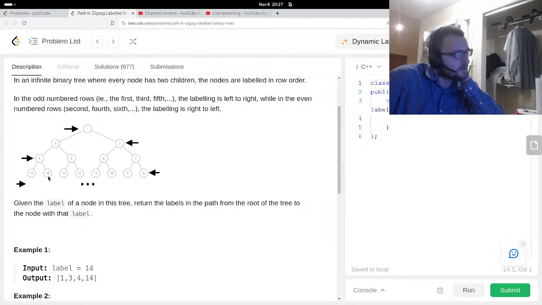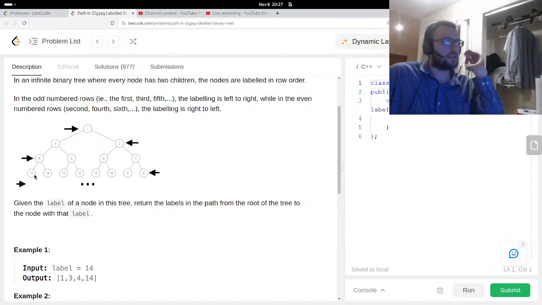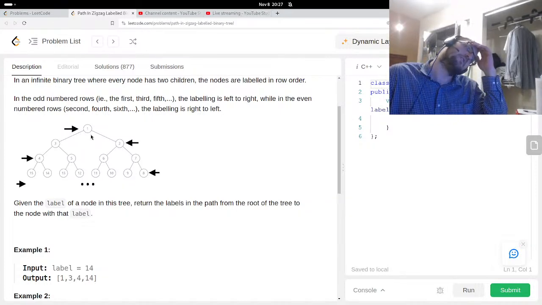Interesting. 26 is the next layer down. And that's going to be, yeah, what's the value in the left and right? Well,